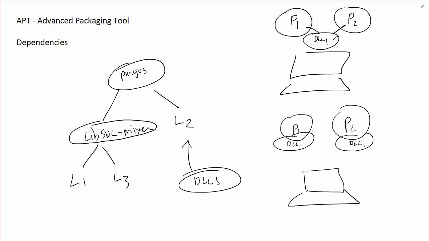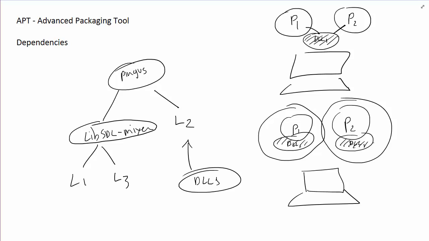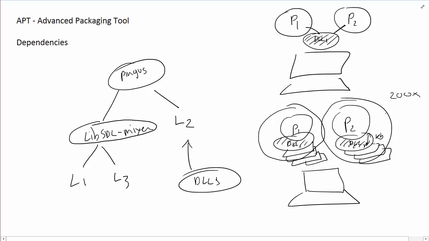So the code of this dynamically loaded library would be pretty much built into the executable of P1, linked into the executable of P2. And now we have two programs that need to be loaded in memory, and each of them is using, let's say, a few kilobytes of memory just to store that DLL. It's all fine and dandy if your DLL is small. If you have 5, 10, 15, 50 DLLs that need to be loaded per program, and you have like 200 of those programs floating in memory at some point, you can see how this is wasting a lot of